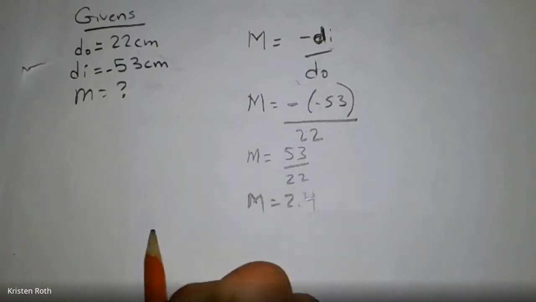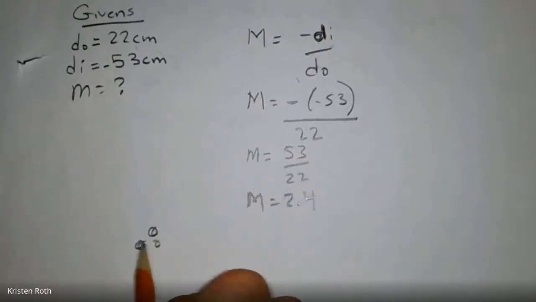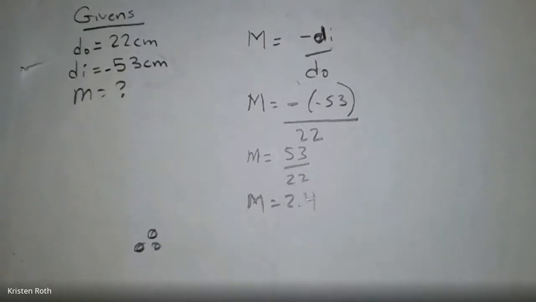So usually you'd write your therefore statement, okay? And you'd say a sentence, as in, magnification for this virtual image would be 2.4. And that's it. I have included a sheet for you guys to practice your magnification questions. So I would like you to work through those. One thing we didn't really get to work on in class, because we're not in class, is